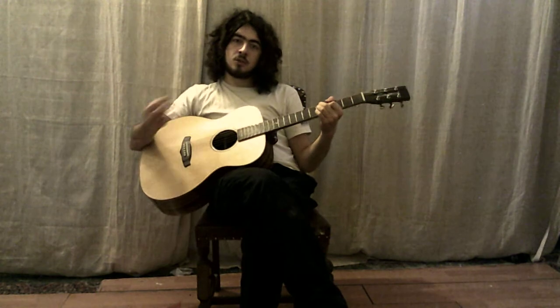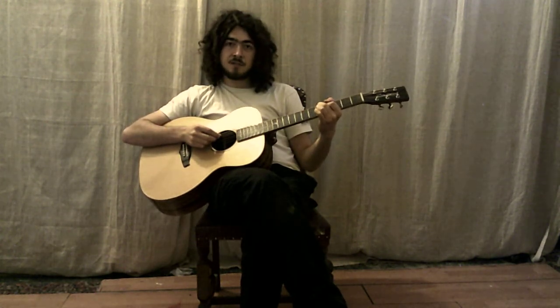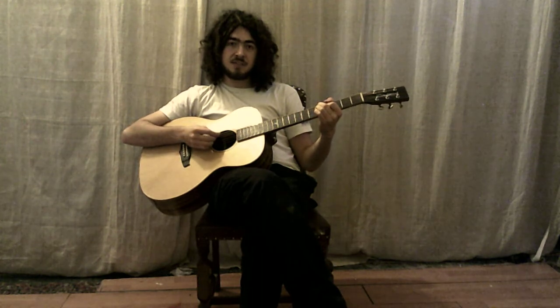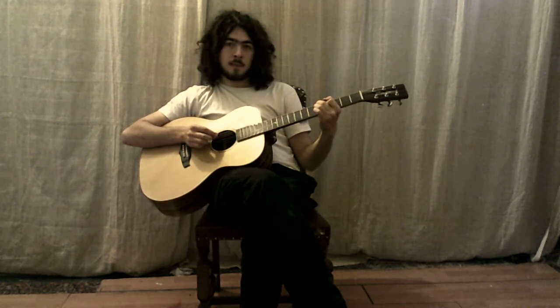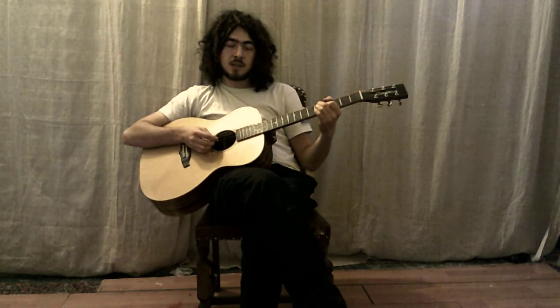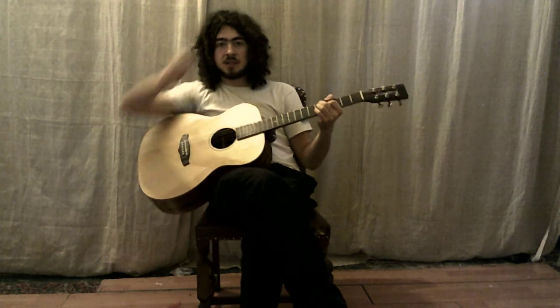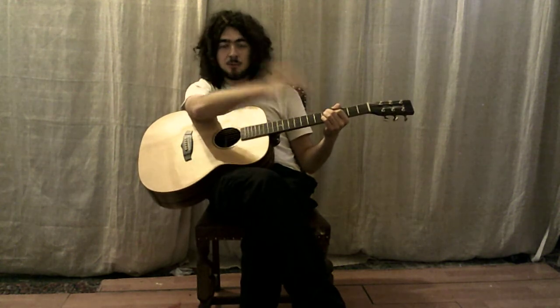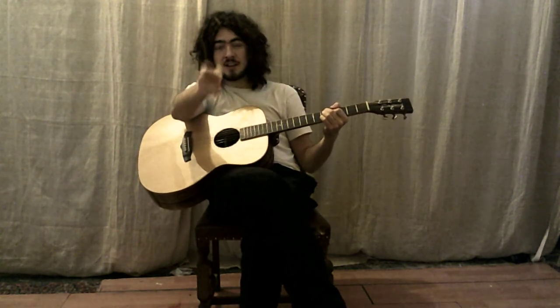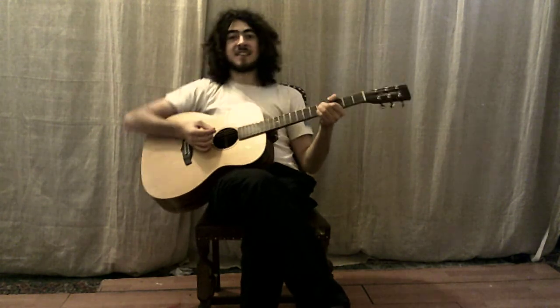A D9 chord has got note 1, D, note 3 of the scale of D, which is F sharp. It's got a flattened 7th, which is what makes it a dominant chord, so that's going to be C, and then it's also got the 9, which is, so if 8 is the same as 1, that's going to be D, so the 9 is going to be E, so you get this noise, and that sounds wicked in folk